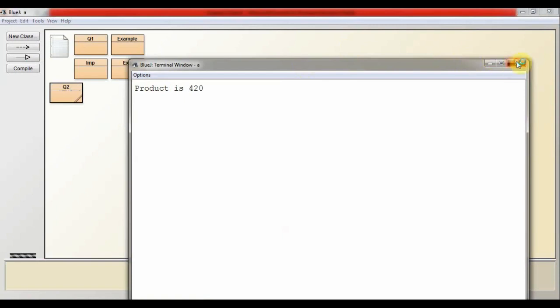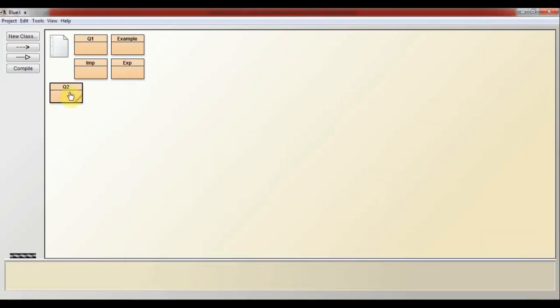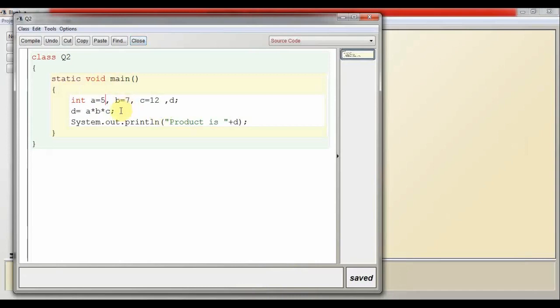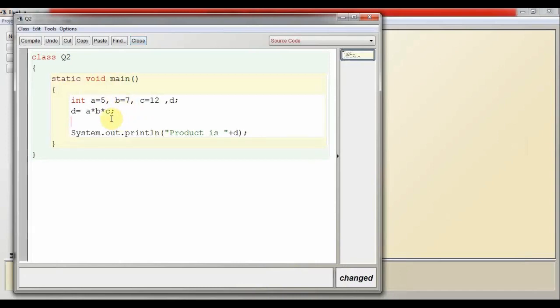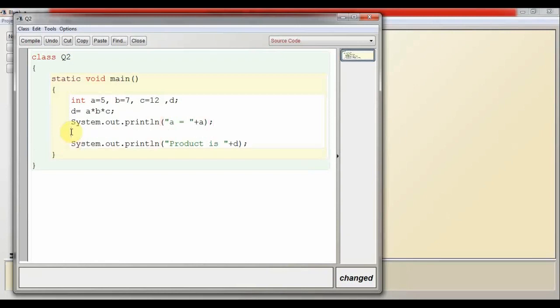Suppose you want to print the value of a, b and c, then you have to write here system.out.println again, a equal to, and here plus a, semicolon.